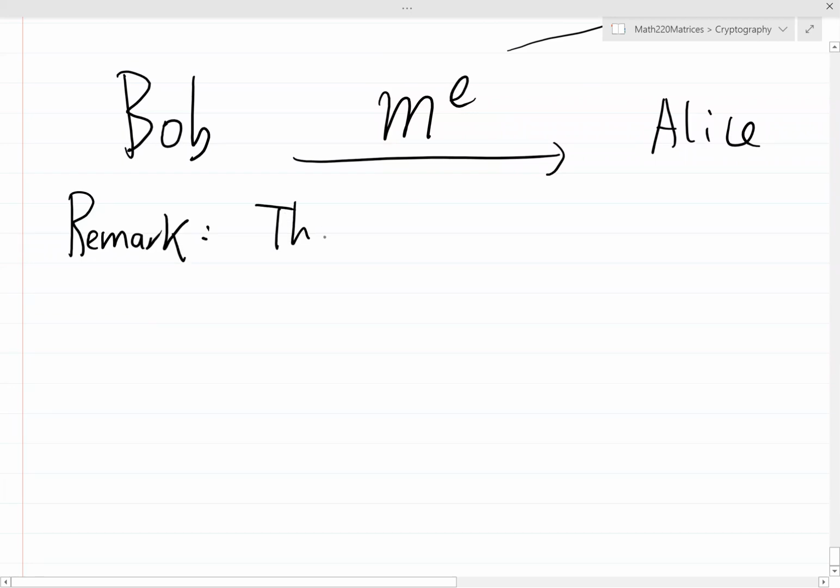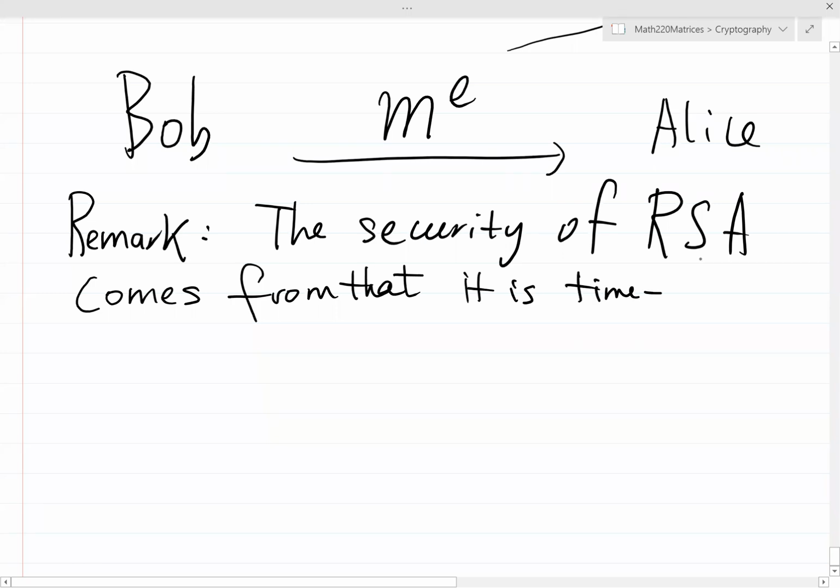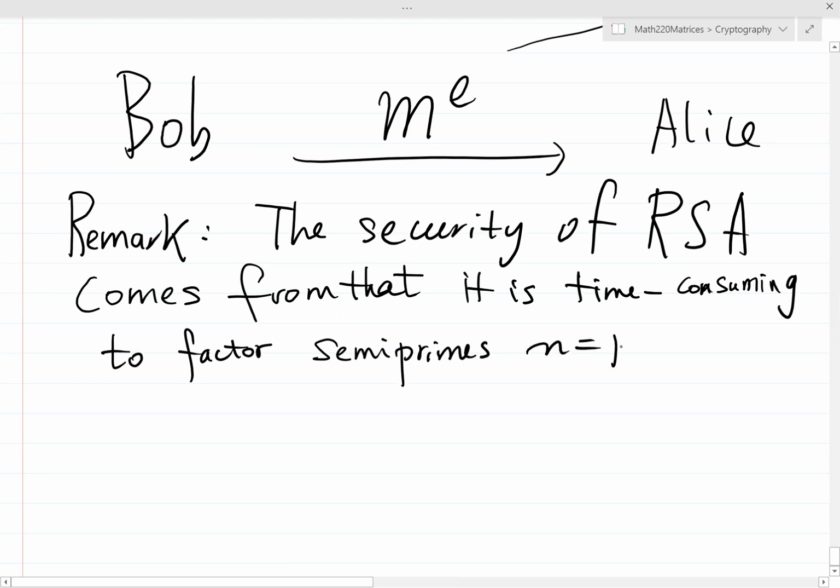The security of the RSA algorithm comes from the fact that it's difficult, time consuming, or computationally expensive to factor semi-primes, i.e. n equal to pq for large primes p and q. Okay, on a classical computer,